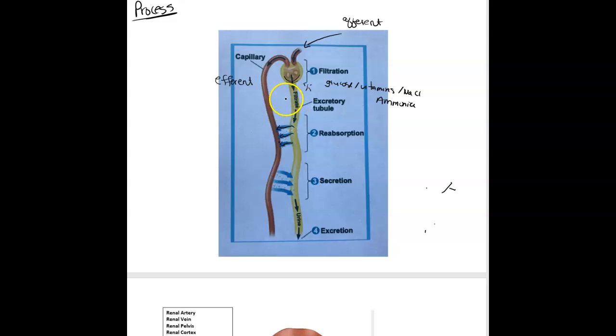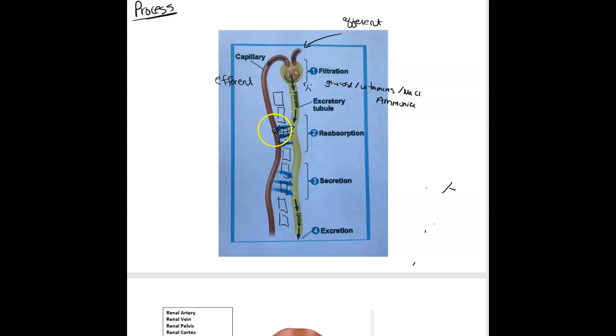This is in between the tube in which the filtrate is being passed and, let's just call this, the tissue of the kidney itself. Materials are going to be reabsorbed through the transport epithelium